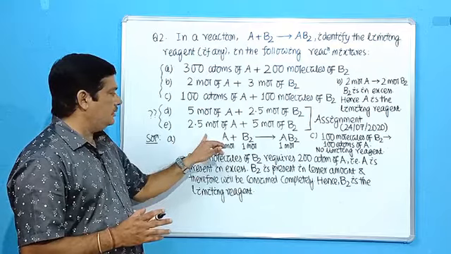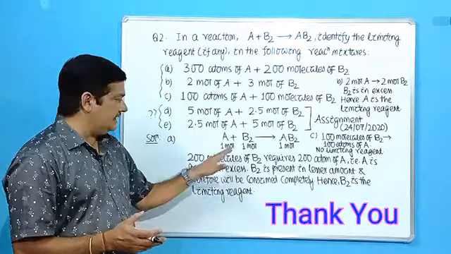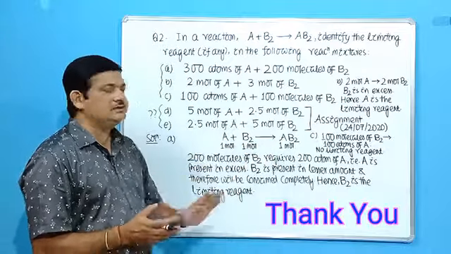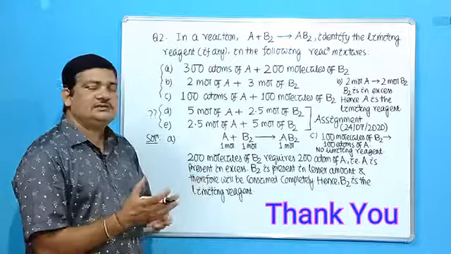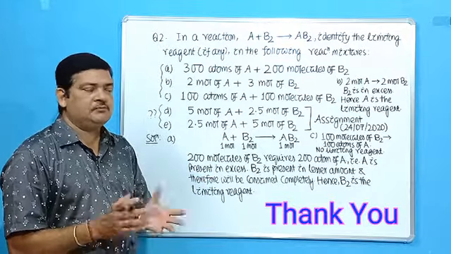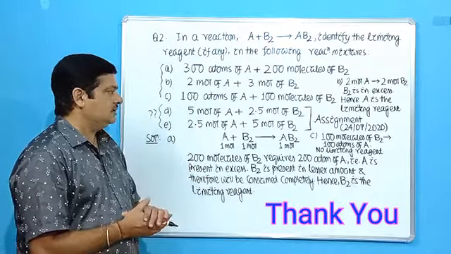So it will limit or stop the reaction, and therefore it will be the limiting reagent. So same case here, 2.5 mole of A combines with 5 mole of B2. Again, everywhere you have to start from the balanced chemical equation, and you find the perfect ratio. In this case, in which ratio should they be present? Now 1:1. So you can easily find out the limiting reagent in these two cases.